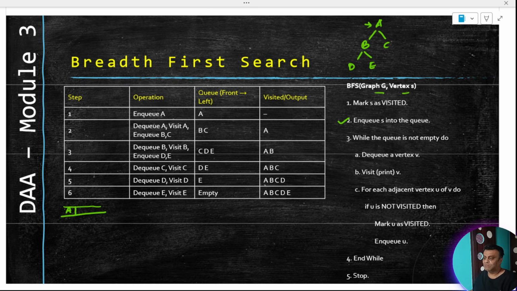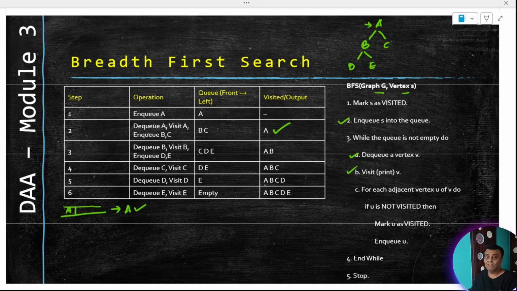After the node is written to the queue, we will dequeue whatever is written to the queue, right? Now this A could be written at a later point in the queue also. Right now the queue is empty, so it is written in the first place and it will be dequeued also. But this A could have gone to any place, right? So the point is that we will enqueue whatever we are encountering, and then we will dequeue the first element of the queue and mark that as visited. So this will dequeue A and mark A as visited, and that's where your visited node output becomes A.